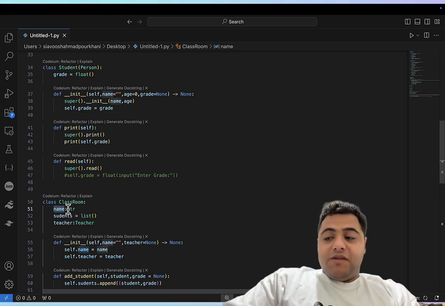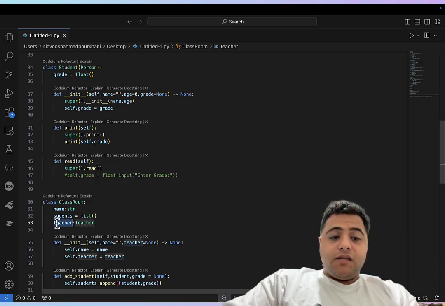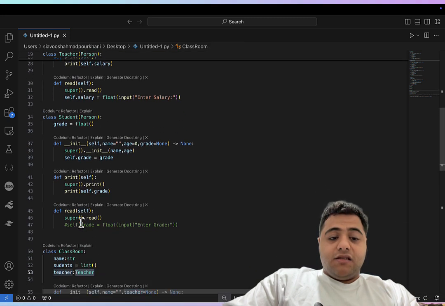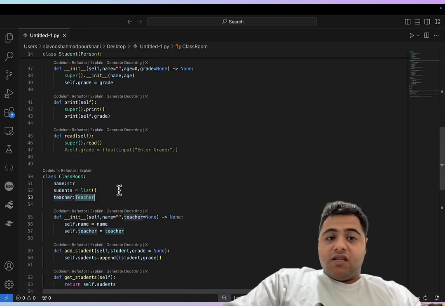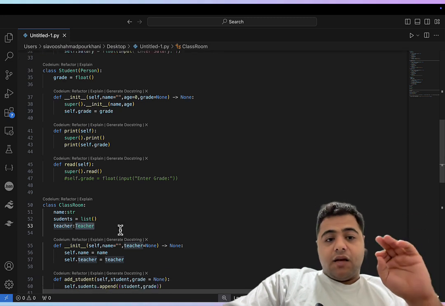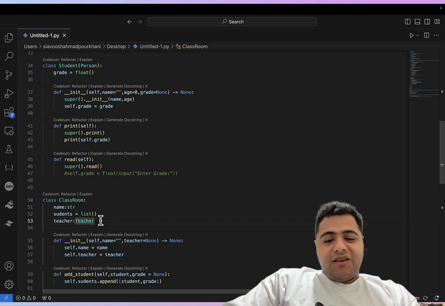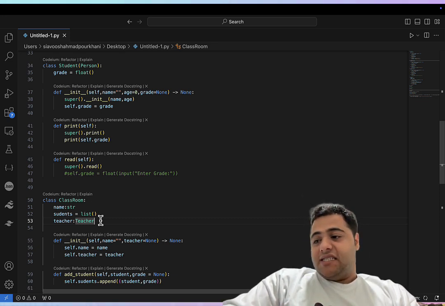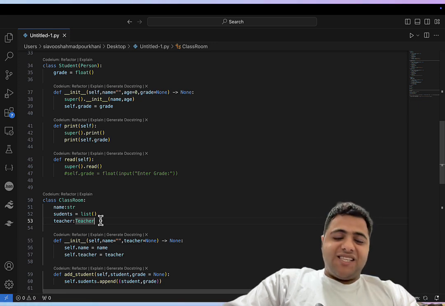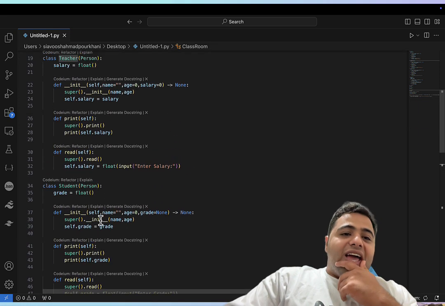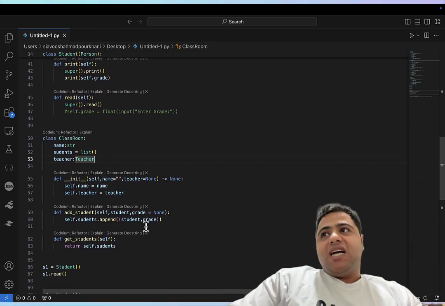As you can see, name is a string, which is an atomic data type, but the teacher is a class, the class of teacher. So what is teacher? Teacher is actually a class, not a data type, but it can be used as a data type. So classes have a second application, which is that you can use them as the data type. And all I wanted to show you guys in this video was how to use another class as a data